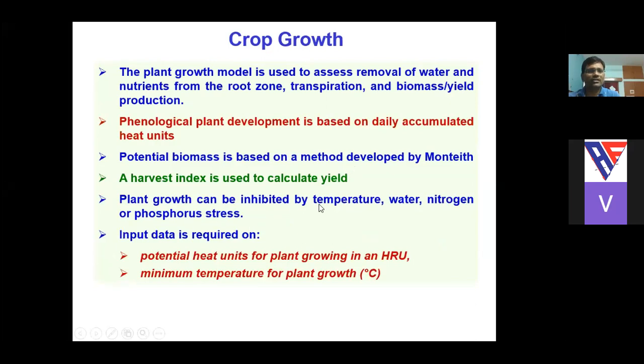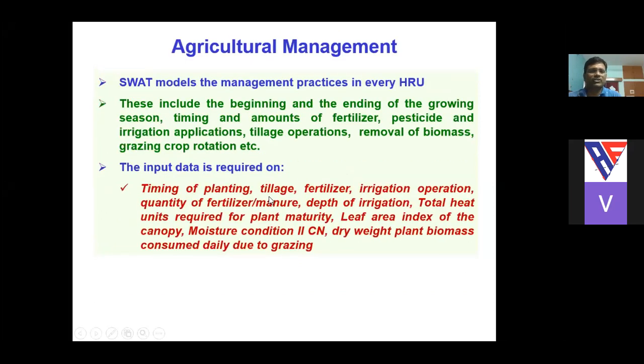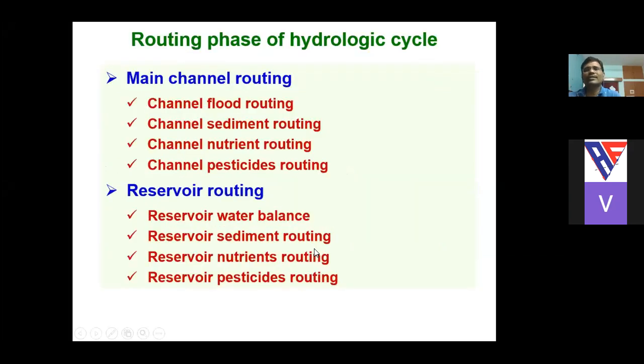These are the basics of this, and the input data required is related to the potential heat units for the plant growing in each of the HRUs, then minimum temperature for the plant growth, and so on. There is so much other data also required, like timing of the planting, tillage, fertilizer, irrigation operation, quantity of fertilizer, manure, and depth of irrigation. So much data is required for studying these pesticides and the nitrogen